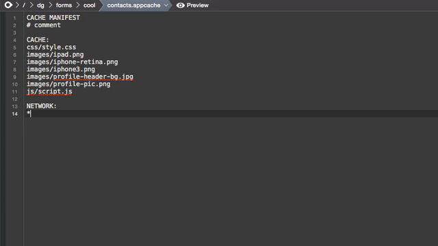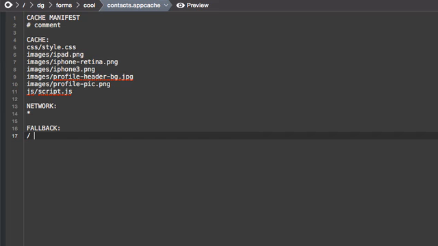And I could use an asterisk to say that for all the other files in here, you need to be online to get them. And you can also have a fallback. That means for the other files, in this case there are no other files, but if I should add more files to my web application here, they say that they need to be online to get them. But what if you're not online and you can't get them? Well, you say that for all files, that's just a slash here,